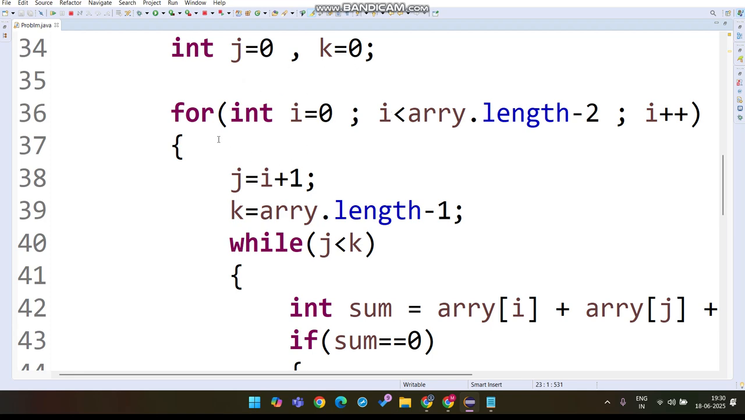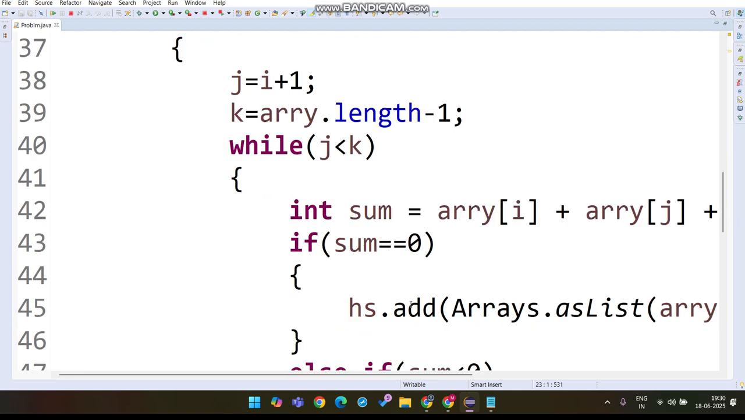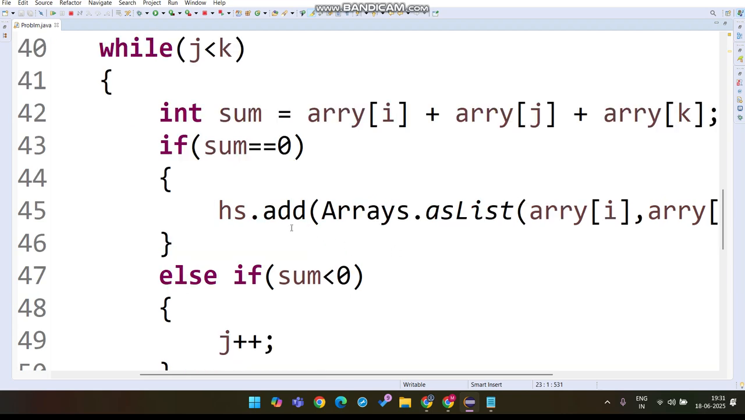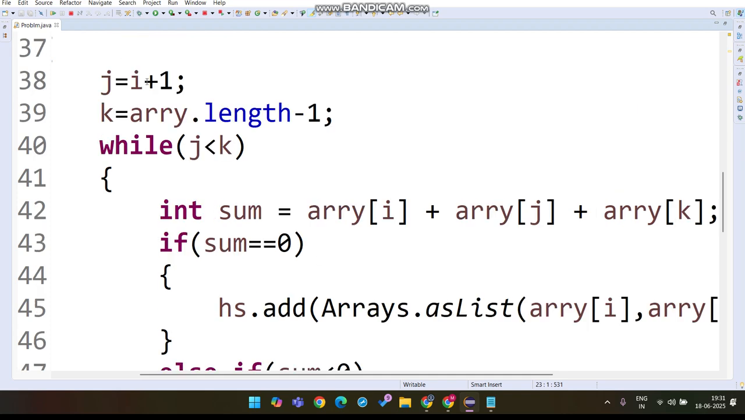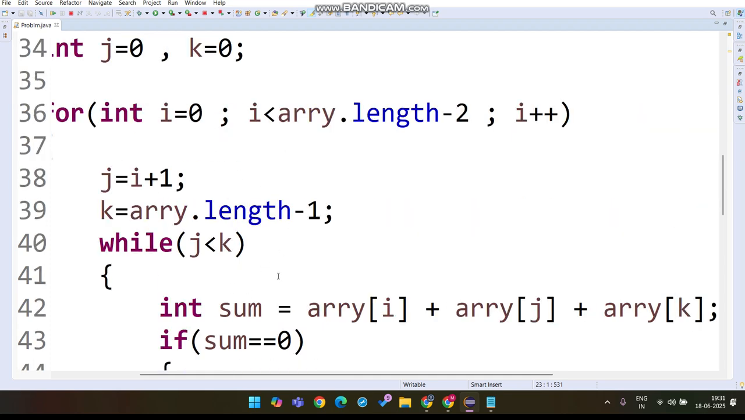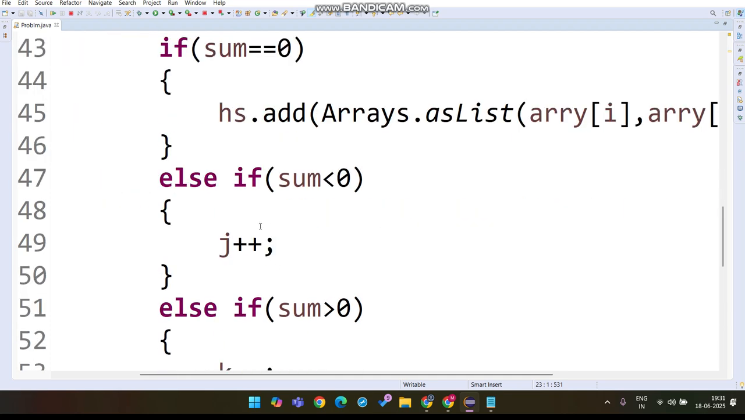We are traversing with the help of the for loop, array dot length -2 because j and k are already there. So j equals to i plus 1 we have kept, and k at the end we have kept, array dot length -1, so that while j is less than k, similarly we will be checking integer sum equals to array of i plus array of j plus array of k, and if sum anyhow becomes 0, we are adding it into the hash set. And if sum is less than 0, we are incrementing this j pointer which was initially ahead of i. And if sum is greater than 0, we are decrementing k, k minus minus, because as we have sorted, it will be in sorted order. So that is the main benefit of doing the sorting, so that we can play